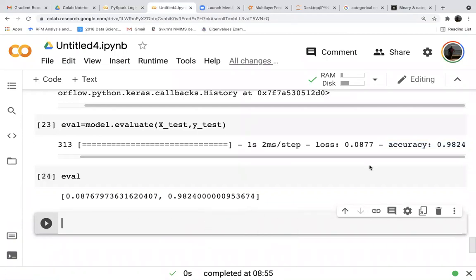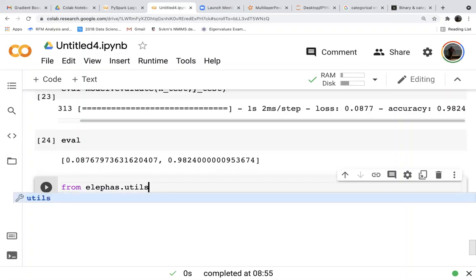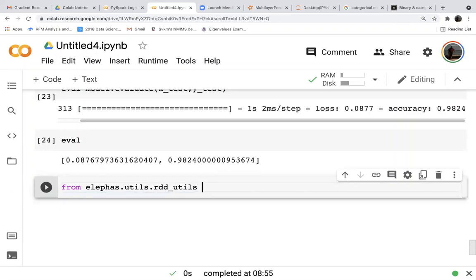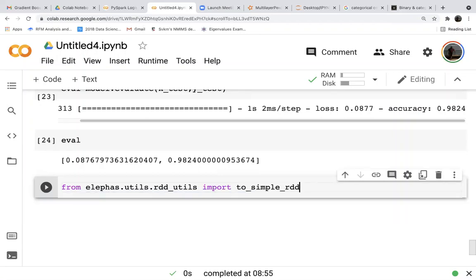Okay. Now, if you want to implement this model in Spark, we need to convert this into an RDD based model. From elephas.utils.rdd_utils import to_simple_rdd. The fundamental is resilient distributed datasets.